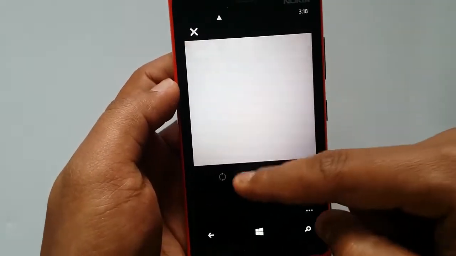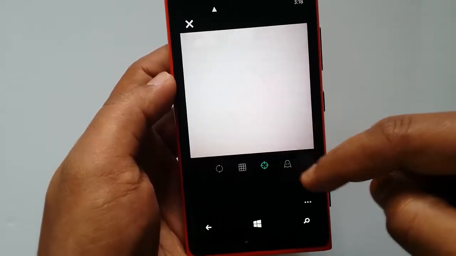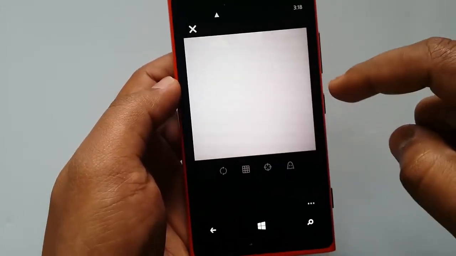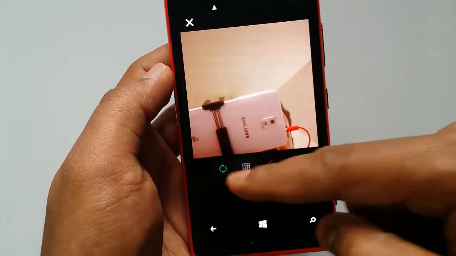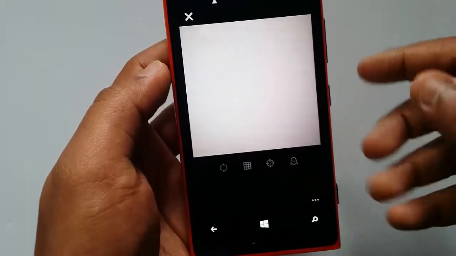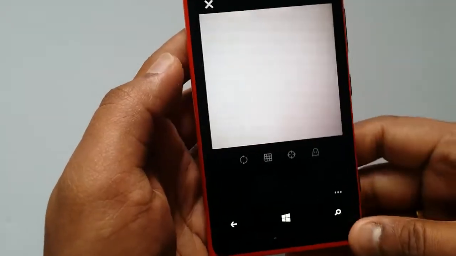You can view the grid, you can focus it, then you can select the ghost mode, then you can switch to the front camera. So those are the options available on Vine for Windows phone when you switch to camera mode.